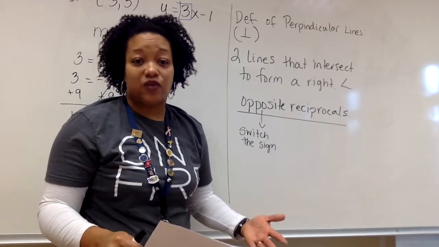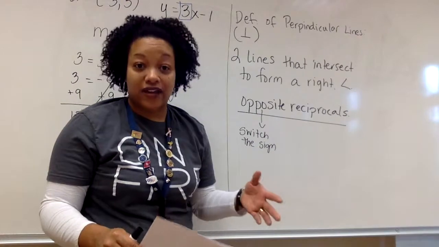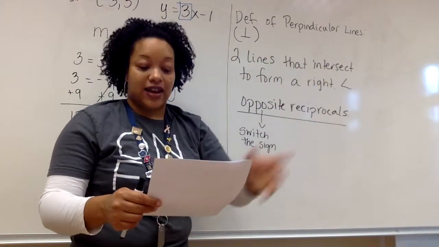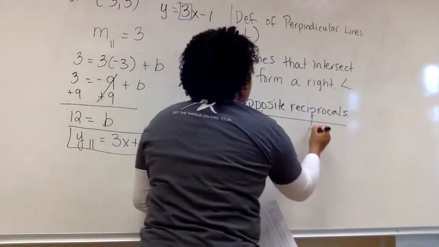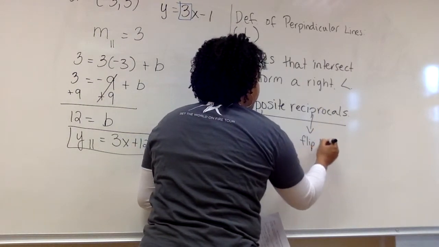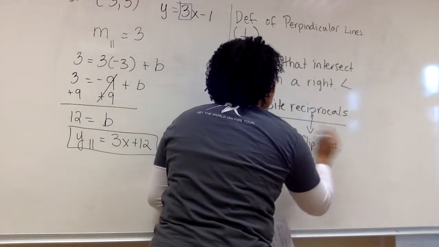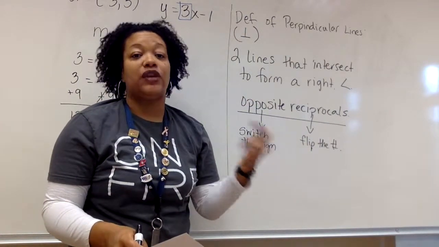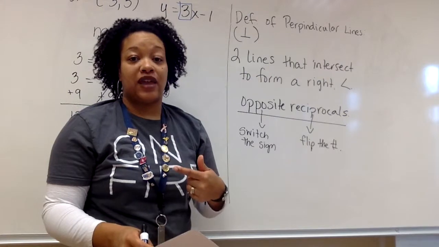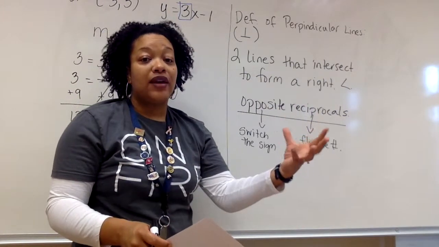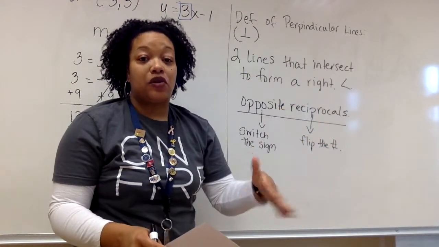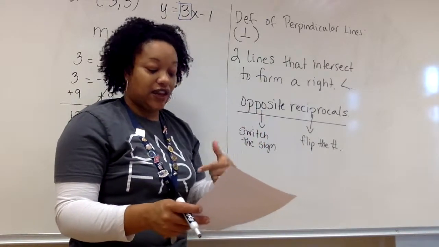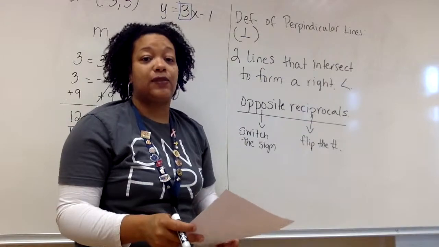Reciprocal, you've heard this word for years when we're talking about fractions. Reciprocal is just when you flip that number upside down. So reciprocal means you flip the number. So when you put these two words together, that identifies the type of relationship between the slopes of perpendicular lines. You'll take the slope, take the opposite reciprocal, and that gives you the slope of the perpendicular line. So in our next video, I'm going to take you through how to find the opposite reciprocal, and then